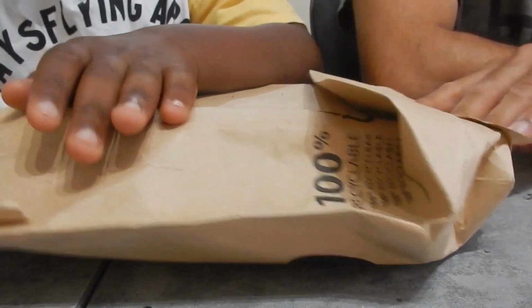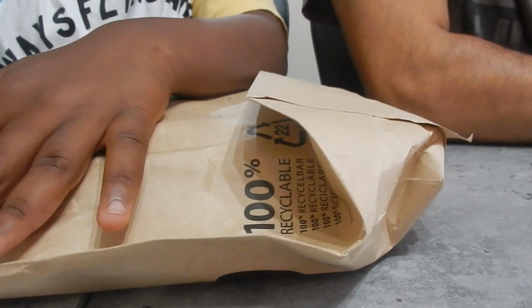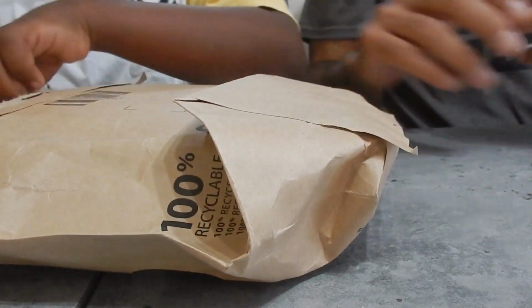Open it up. It's in this weird packaging. I just pulled that bit, the tab, yeah? The tab is open here, it says clearly. So this is going to be helpful with...